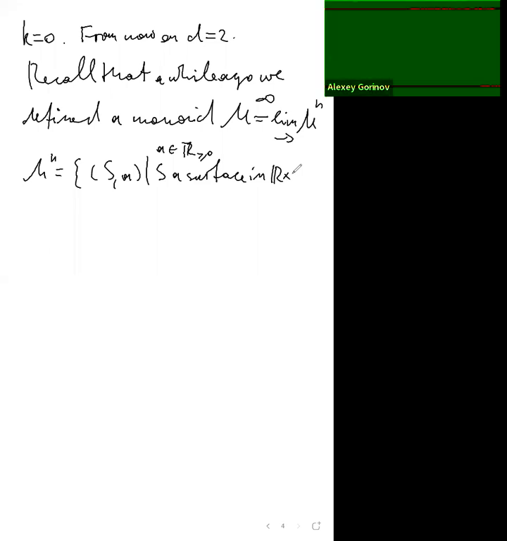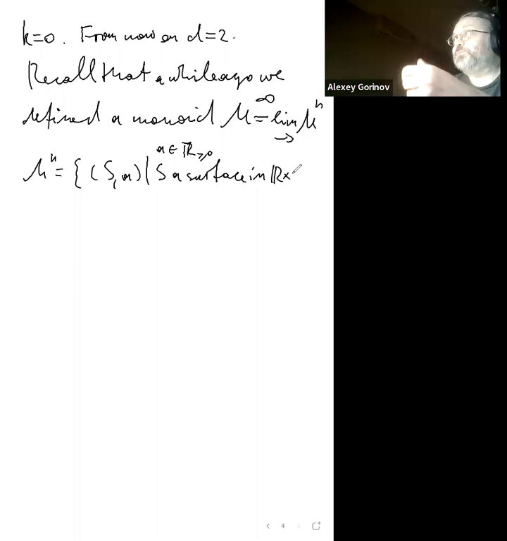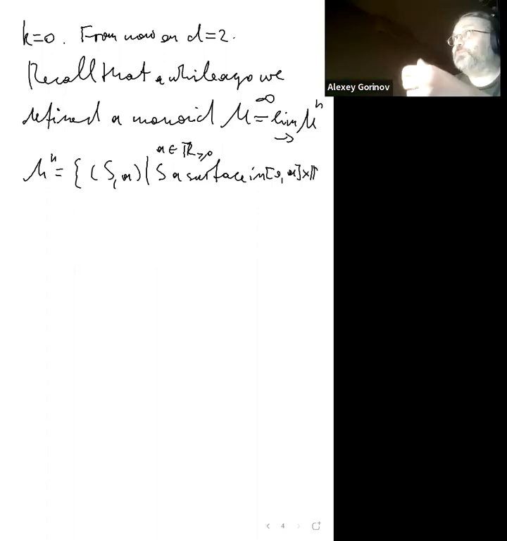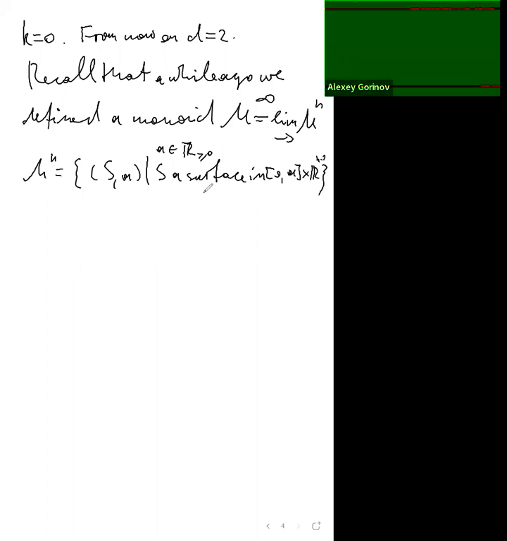Now we want to pass to compact manifolds at some point. So S is a surface inside 0, A cross R^(n-1), such that